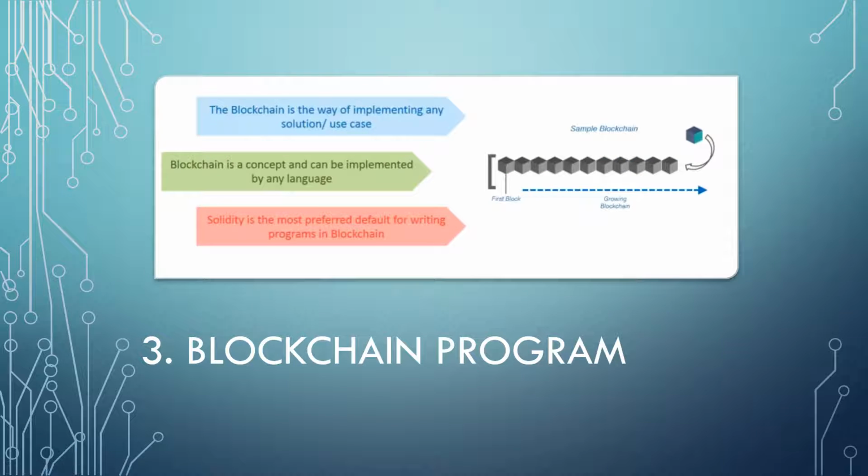And the final is blockchain programming. The final technology, or the third key technology, is blockchain programming. Blockchain is a way of implementing any solution or use case. Blockchain is not just restricted to transaction systems. It has applications across various domains. It helps in overcoming previous problems by providing new generation solutions. So as I mentioned earlier, blockchain is not only used in Bitcoin or banking systems, it can be used in medical domains or in security. I will cover these applications in the coming slides.